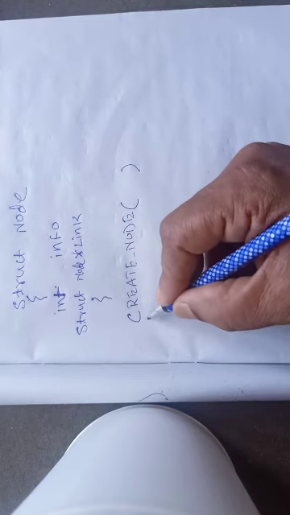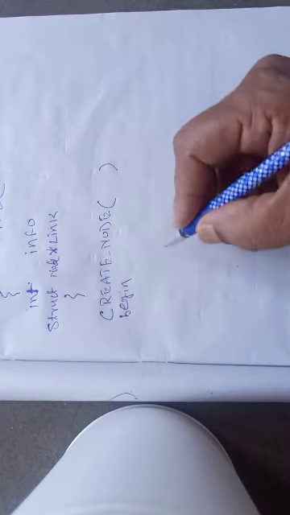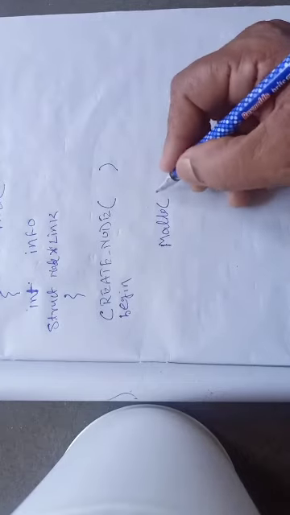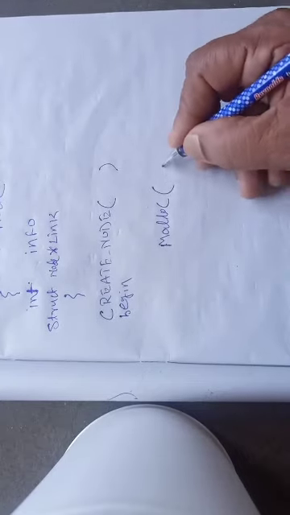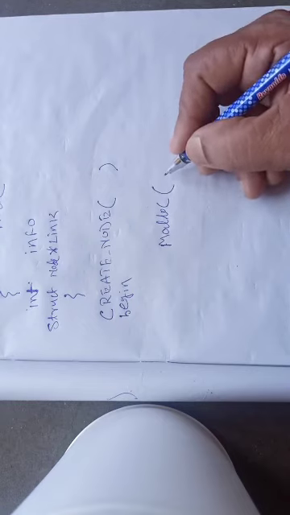Now let us start. First of all, to create a new node we need to reserve some memory space dynamically. In order to reserve memory space dynamically for a single node, I need a function. The function is malloc. In the malloc function we have to pass the number of bytes, which means the block size.